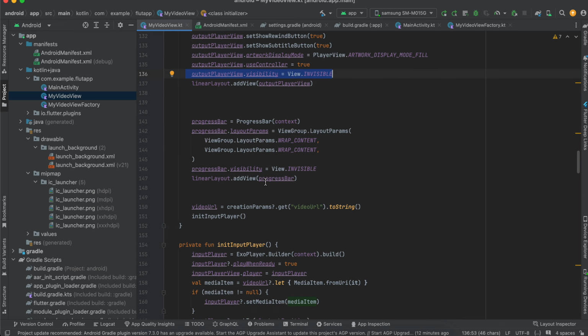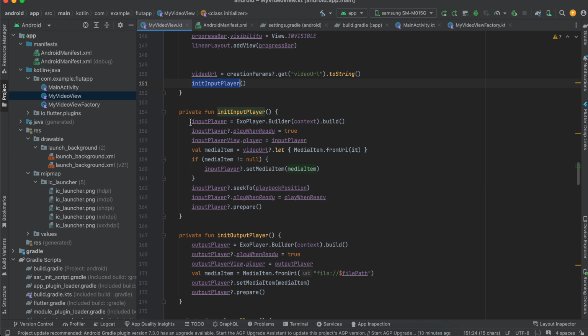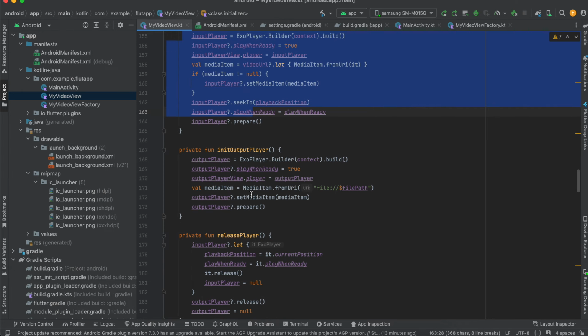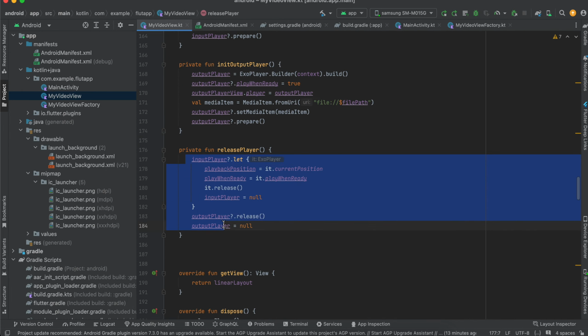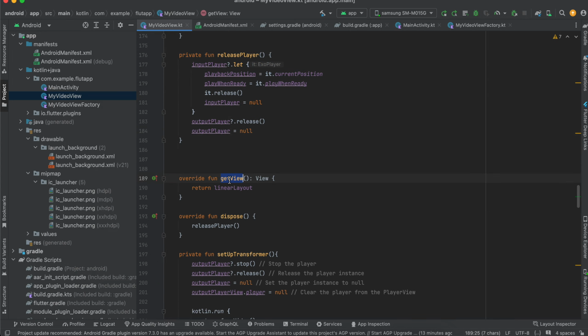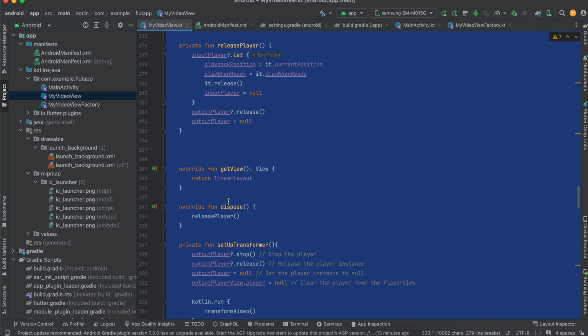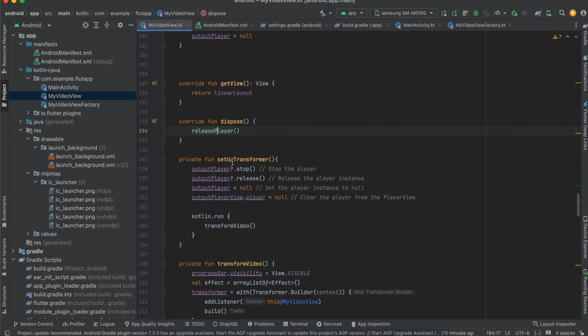And adding our progress bar to the linear layout, then we are getting the video URL from the Flutter side and initializing our input player. So this is the code for initializing the input player, this is the code for initializing our output player, and this is the code for releasing our player. Inside getView we are returning our linear layout, inside dispose we are releasing our player, and inside setupTransformer